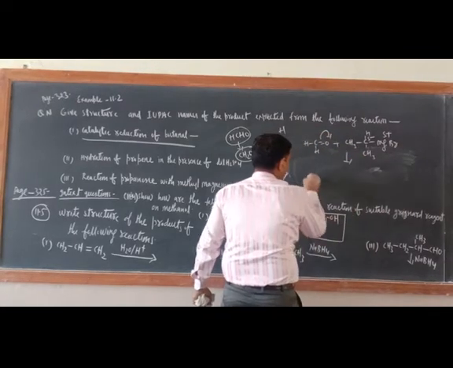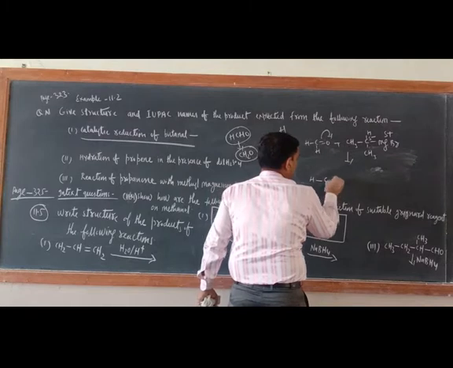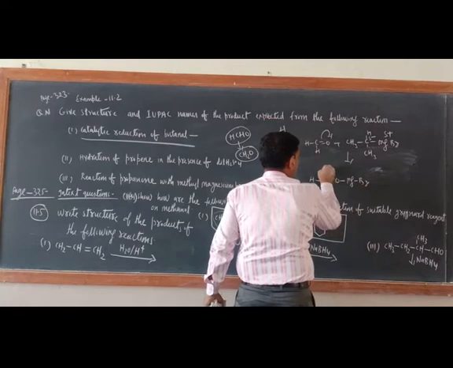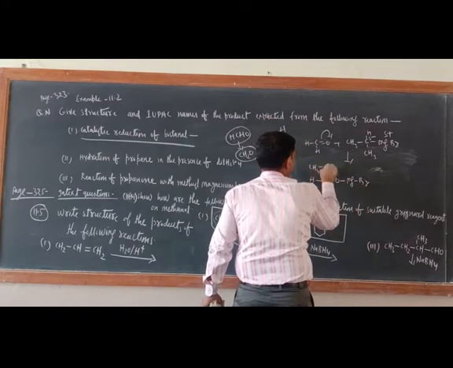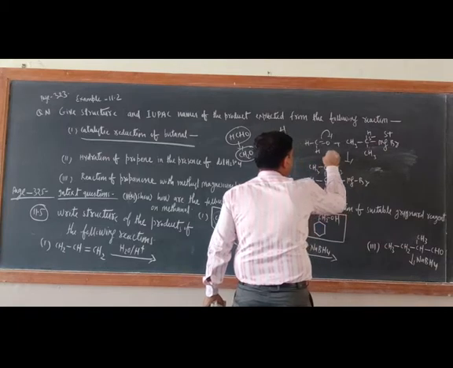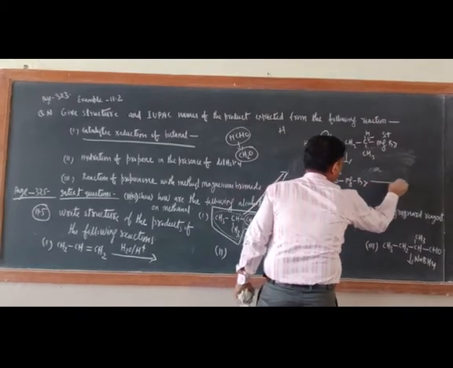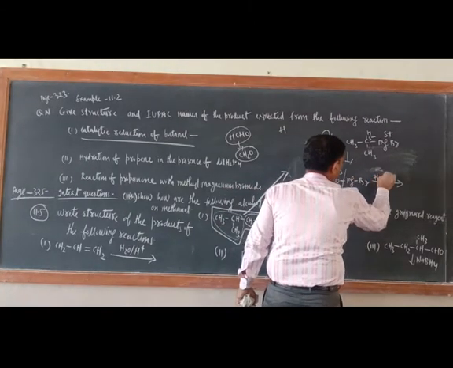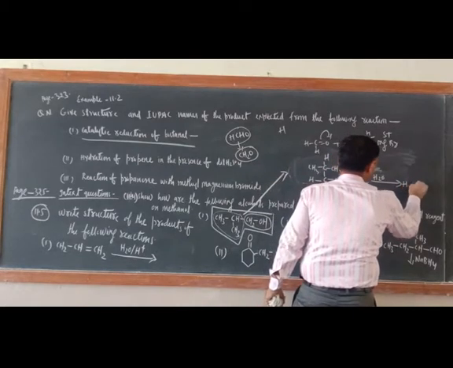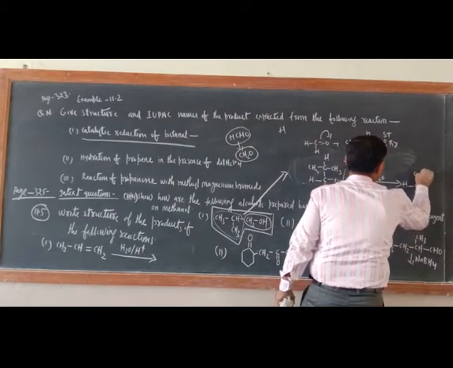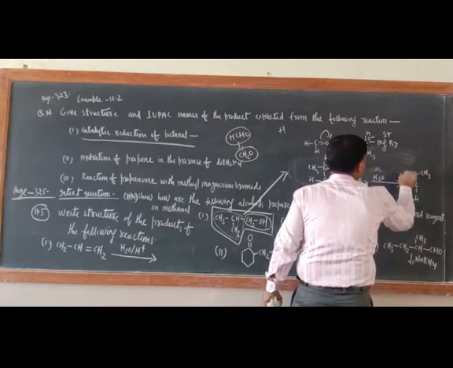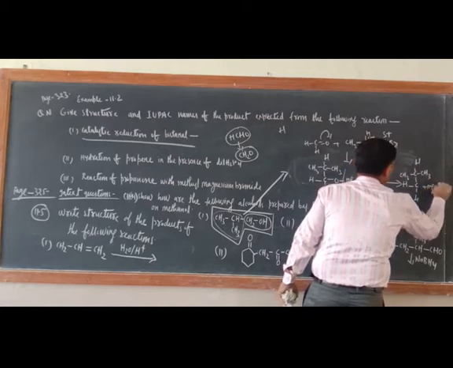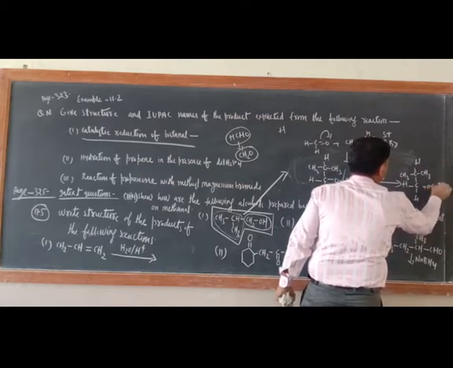So what is the product here now? HCH, here O, here Mg, here Br, and here what is there? C, here what is there? CH3, here also CH3, and here H. Now next one is hydrolysis. So here H and here OH. So what is the product here? The product is HCH, here C, here what is there? CH3, here CH3, here H, and here what is there? Mg, here Br, and here OH, hydroxy magnesium bromide.